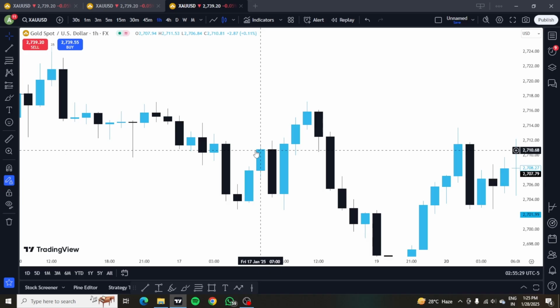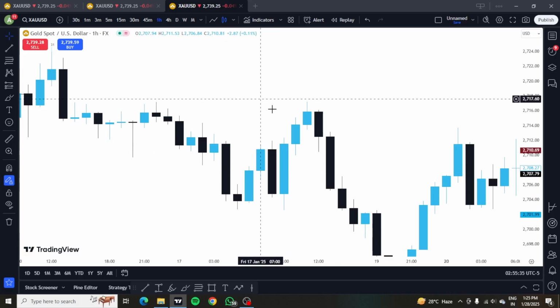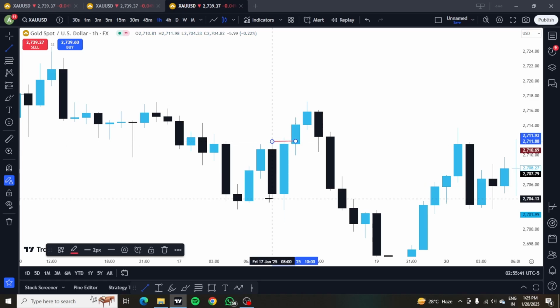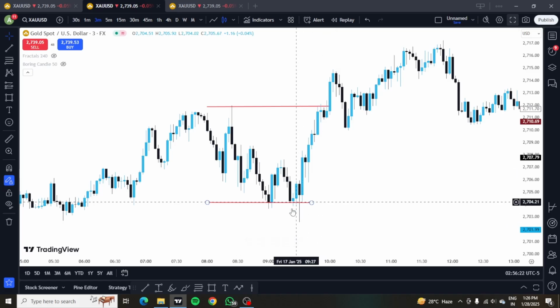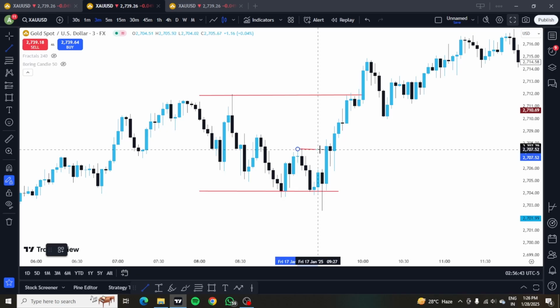Here you can see that this is the 8 a.m. candle in the 1 hour time frame. Now mark this candle's highs and lows and change to the 3-minute chart. Here you can see this is the low and this is the high of the 8 a.m. candle, and we wait for the market to sweep any of the highs or lows. From here it sweeps the low of the candle range, and we wait for the market structure shift. You can see that the market structure shift is happening here,